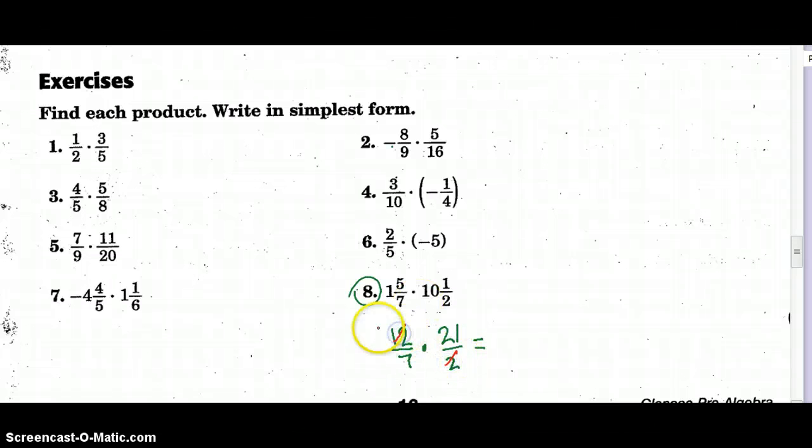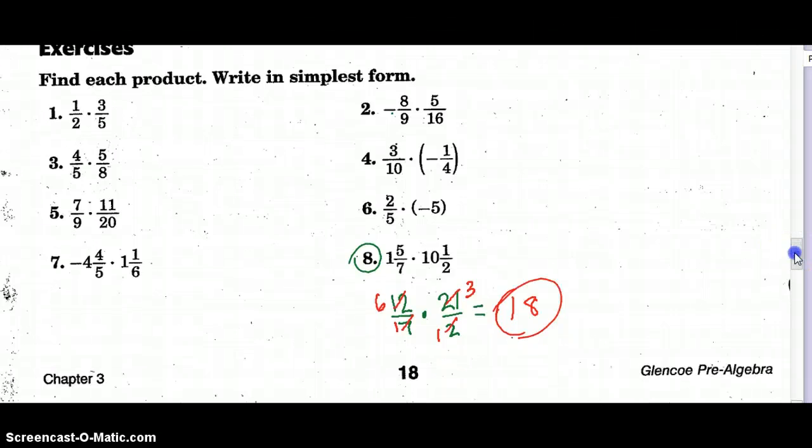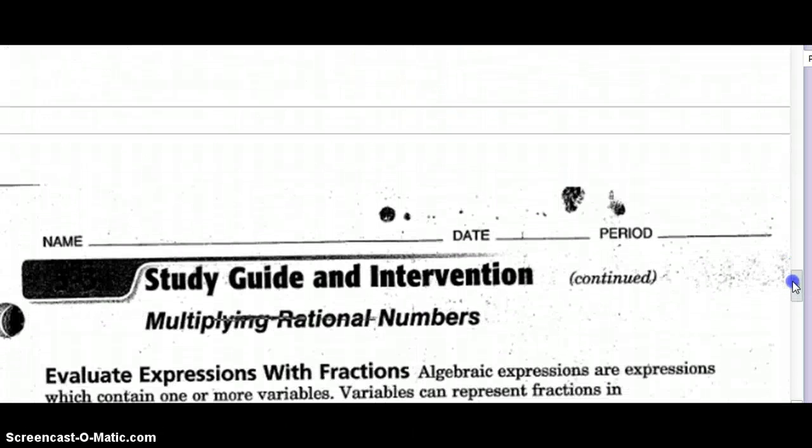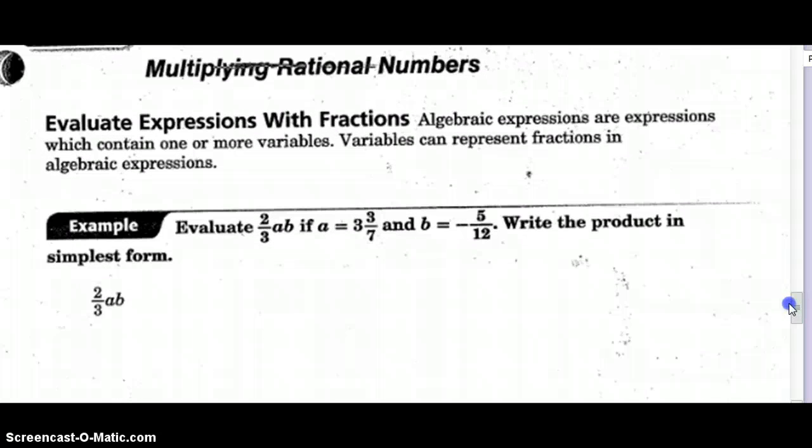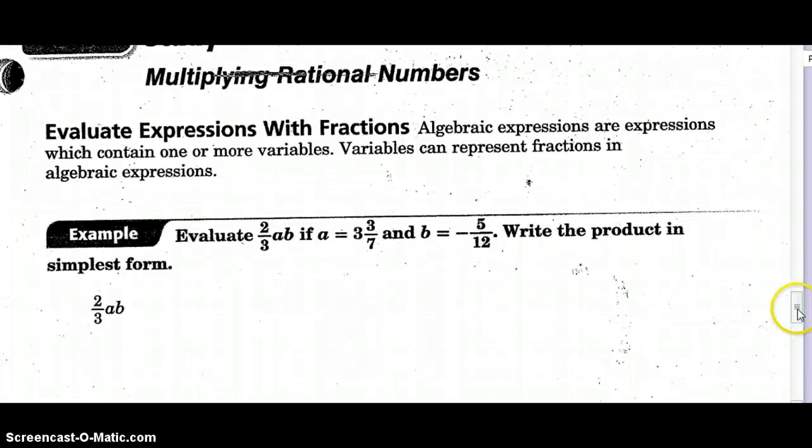I can simplify a couple of things here. 2 goes into 12 6 times, and 7 goes into 21 3 times, and 6 times 3 is going to give us 18. So that's the quickest way to get our final answer without having big numbers to work with. And remember, these turned into 1 because 7 went into itself once when it went into 21 3 times, and so did 2. Okay, so finish those problems, and let's look at the next page,